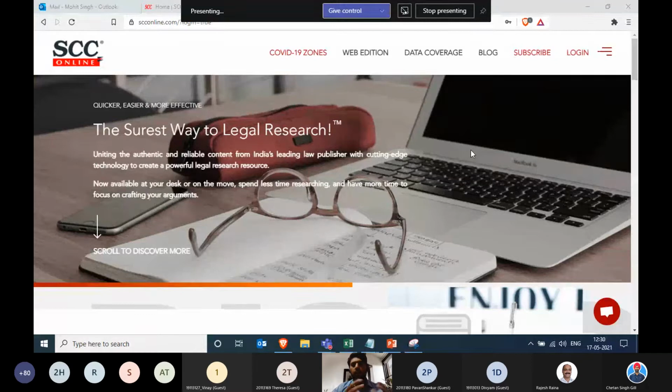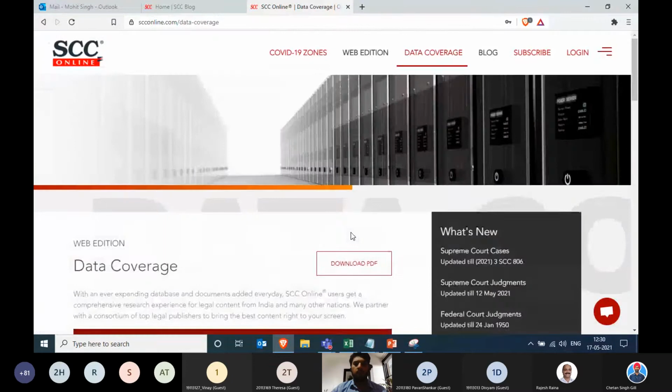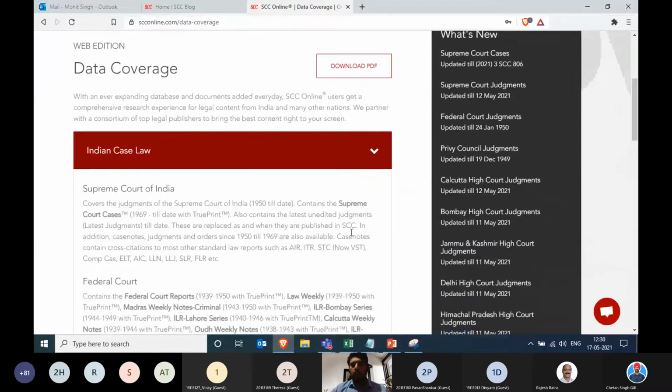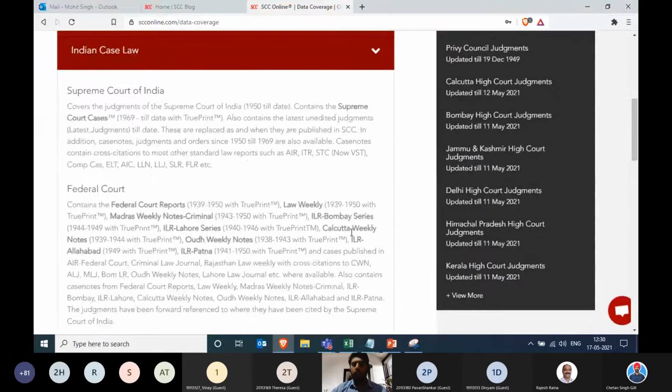I believe you're already using your own remote access in your university to reach this website, SCC Online. So that's not a problem. We straight away go to the SCC Online data coverage now. We click on this data coverage, we click on web edition, and there you go. First thing first, under Indian case law, we cover the